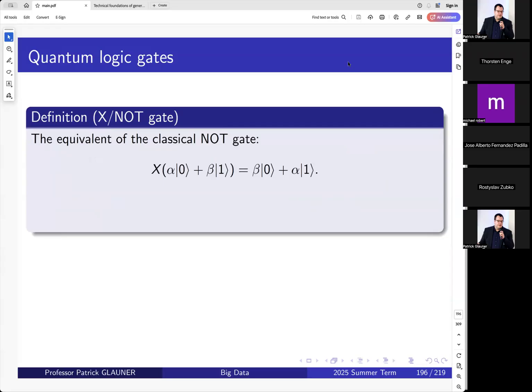We'll start now with the most simple logic gate for quantum computing, and it's the NOT gate. It's actually quite similar to the NOT gate in binary computing. In binary computing, you flip a 0 to a 1 and you flip a 1 to a 0 with a NOT operation. What we are doing here is we have our qubit, which is alpha times 0 ket plus beta